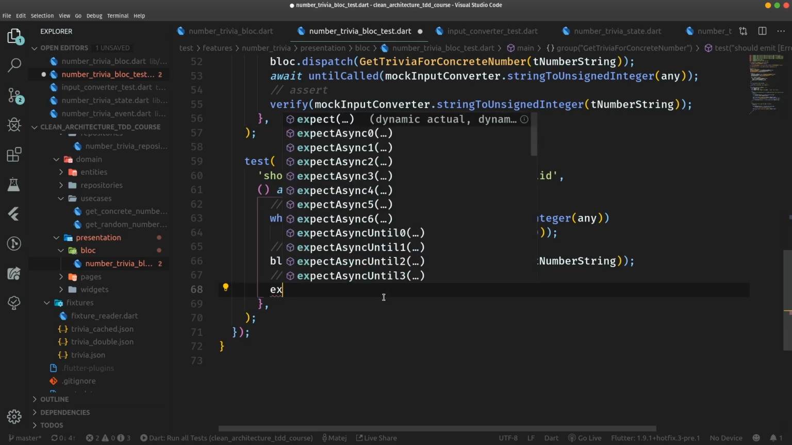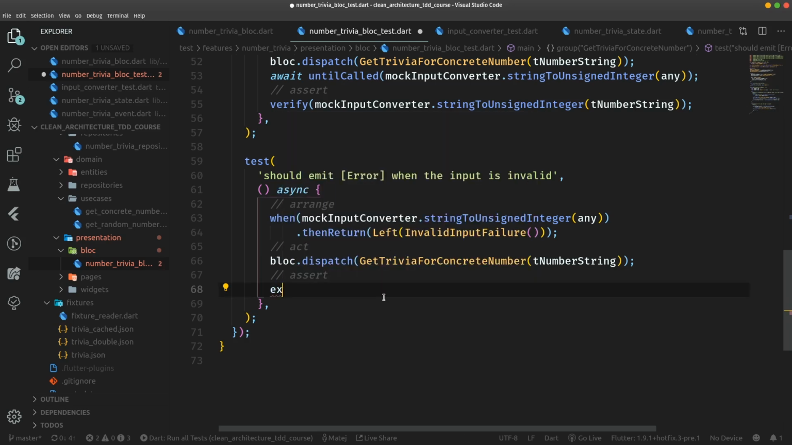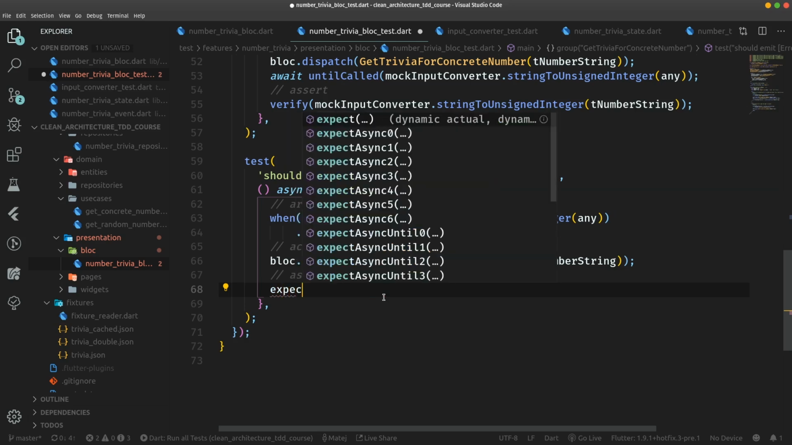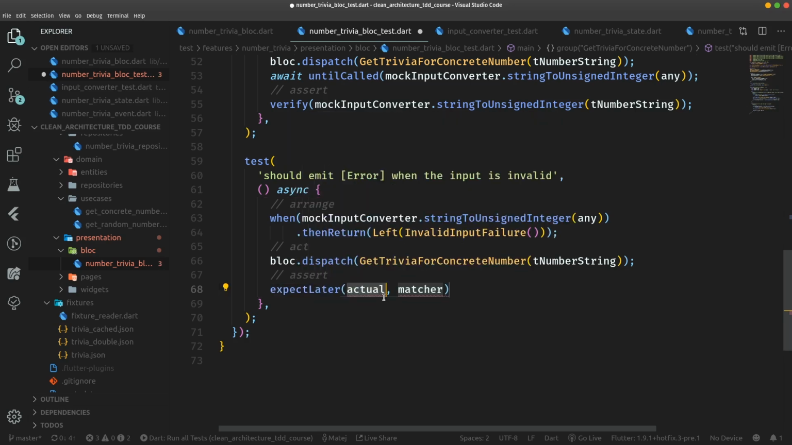We are not going to say expect, but instead we're going to say expect later. This will make it so that until all of the values which we are trying to test for are actually emitted, this test will be put on hold. Up to 30 seconds, of course, and then after those 30 seconds, the test will be deemed failing. So don't worry if you mess something up, the test will not just run forever. 30 seconds is the upper limit. And so we want to expect later that the block state